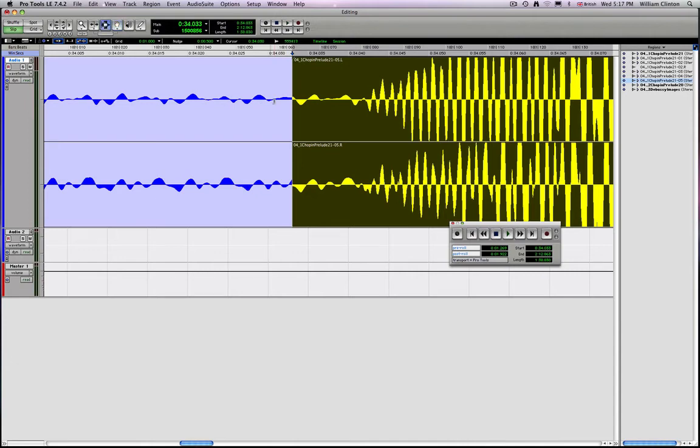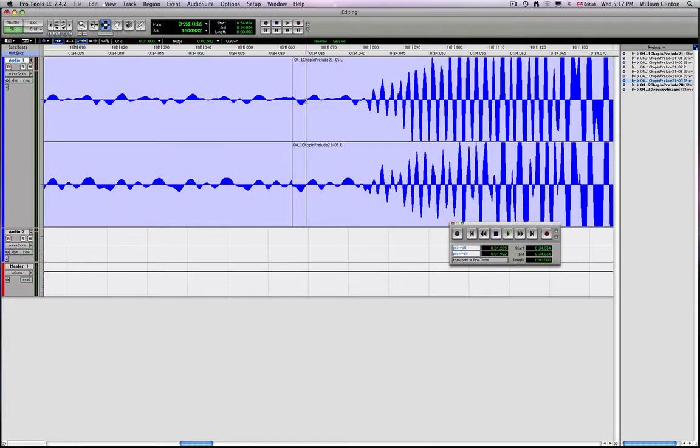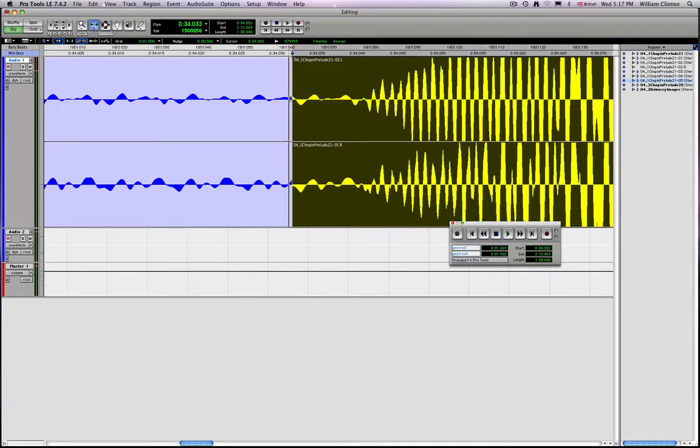Now we know that the overlap is around this area here, but if you remember, the problem started just before this point. So if I pull out the trim, using the trim tool, you can see that I've still got potentially a glitch here, because